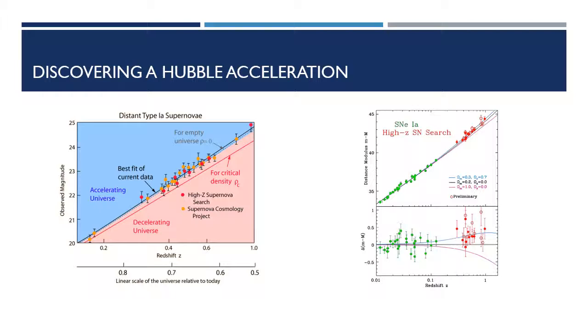So there's a few things here. On the left-hand side, here's an example of a best fit of the current data with an accelerating universe. What we were expecting was the red curve there. That would be a decelerating universe where the amount of stuff was at the critical density. And for an empty universe, there you have there in the middle. And so yeah, we have a lot of confidence that indeed this was some of the first evidence of an accelerating universe. And you might have another example there where you can go ahead.